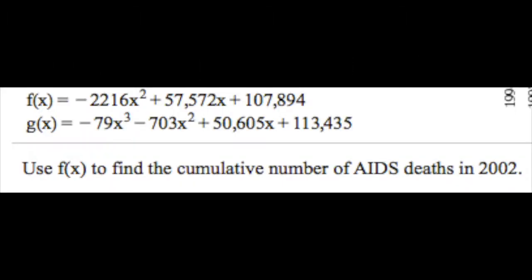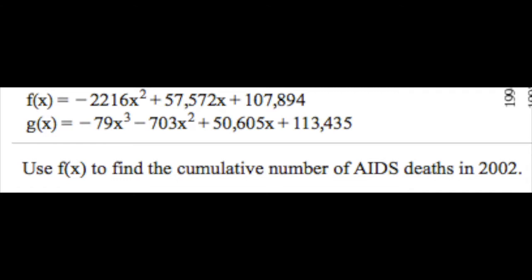The question states the data in the graph can be modeled by the following polynomials in which f of x and g of x represents the cumulative number of AIDS deaths x years after 1990. So here we know that the years after 1990 will be the number we fill in for x in the equation. Part A in the question reads, use f of x to find the cumulative number of AIDS deaths in